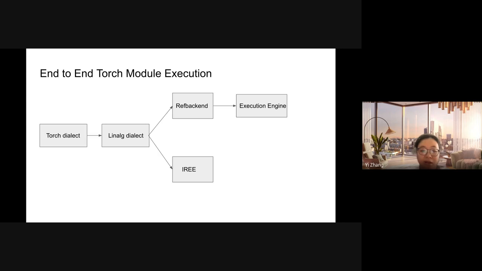With this flow, our Torch module can be up and running without too much effort once we lower into the Linalg dialect.